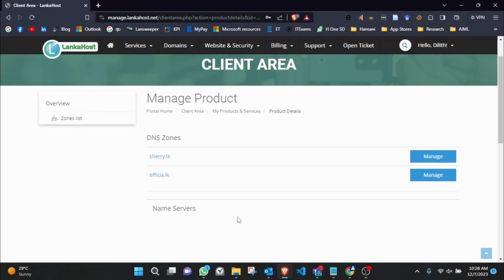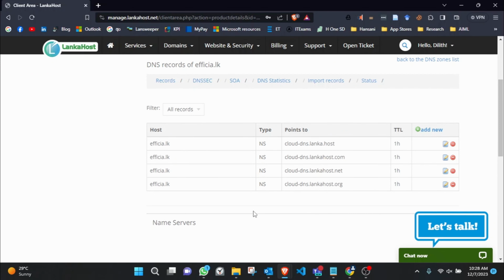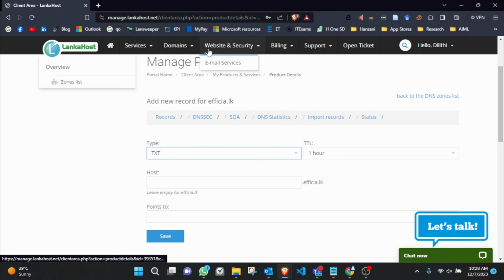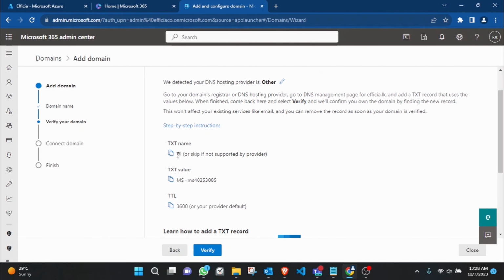In the DNS manager, you can go to the domain and then under add new records you can create a new text record, and it should be pointing to this text value up here.